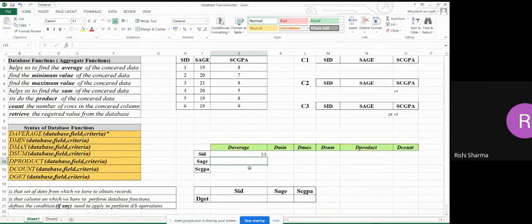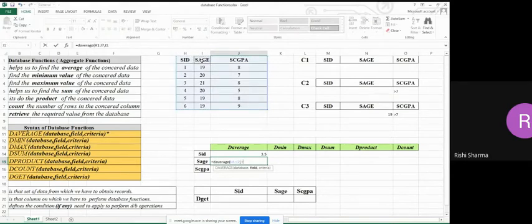Okay, guys. Let's find the average of the second one, that is SH. And one more thing, guys: every time I'm selecting the database, I have to select this particular area. Let me show you. D average. Every time, I'm selecting this particular area, then putting the field name.